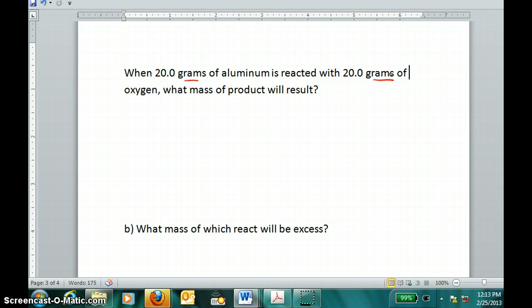I'll start by writing, at the outset, a balanced chemical equation. Now, if we're reacting aluminum with oxygen, those would be my reactants. And anytime you react a metal with a nonmetal, the metal gets oxidized, the nonmetal gets reduced. We're going to get aluminum cations, we're going to get oxide anions, and our product's going to be aluminum oxide. We can balance this equation very simply with a 2, a 4, and a 3. So yes, for every 4 moles of aluminum used, we'll use 3 moles of oxygen, and we'll get 2 moles